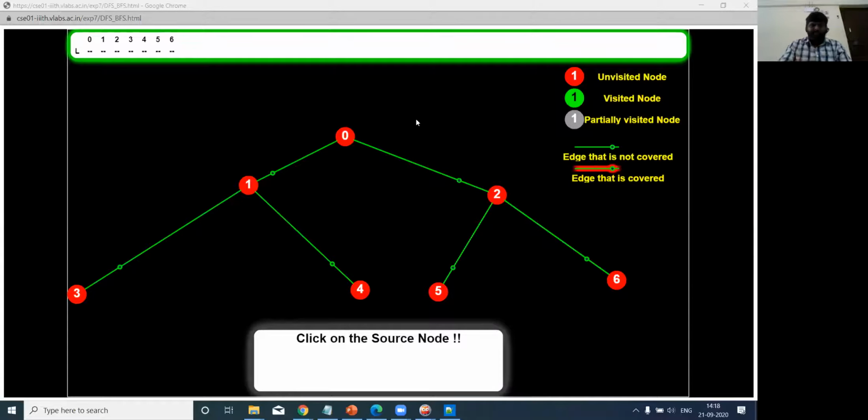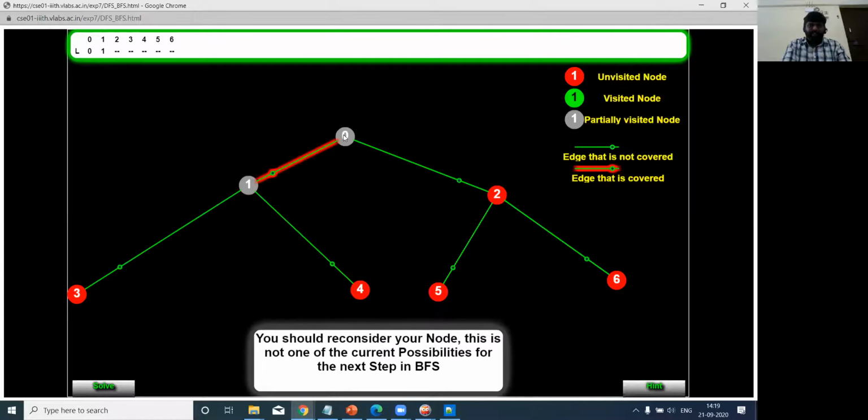Okay. I was explaining about the breadth first search. So that is completely different from the depth first search. When we talk about the depth first search, it will complete one left subtree, and then it will move to the right subtree. When you talk about the breadth first search, suppose this is the node which I want to visit, I am considering this is my root node, right? The first step I need to do is to visit the first level of the left subtree. After that, I need to go back.